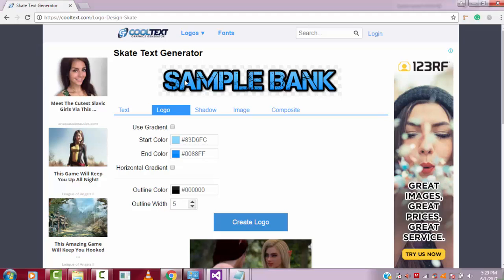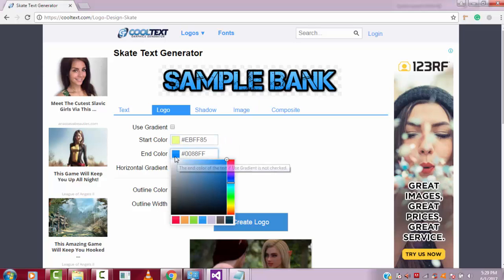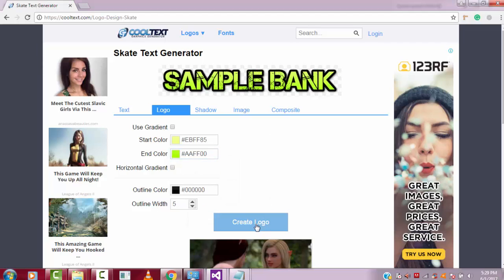This default color is arranged based on the blue color. If you want to change the color to something similar, yellow would be a very perfect color for the blue background. Once everything is fine, you just click on the create logo button.